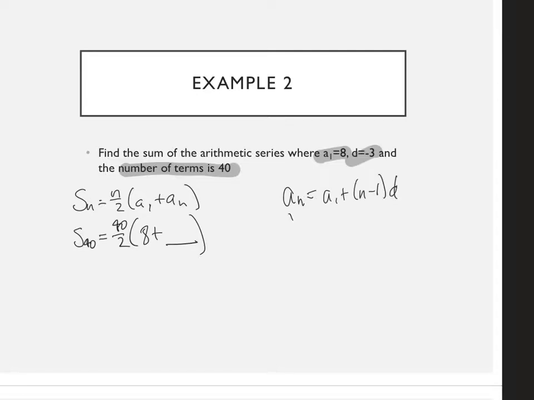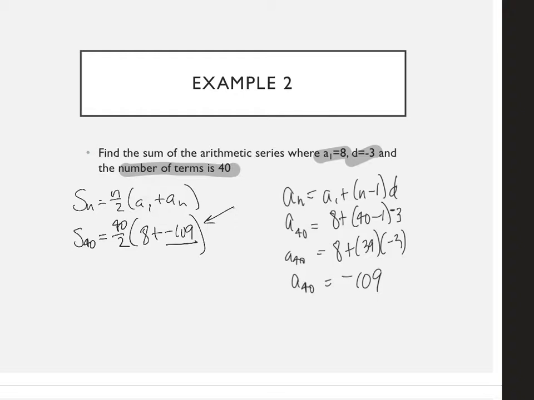So writing that up and filling in what I need and what I have. That's a negative. 8 plus 39 times negative 3. All right. 39 times negative 3 plus 8 is negative 109. So now this number is the one that's going to go right here, and I can continue my calculation in my calculator. Plus 8 times 20